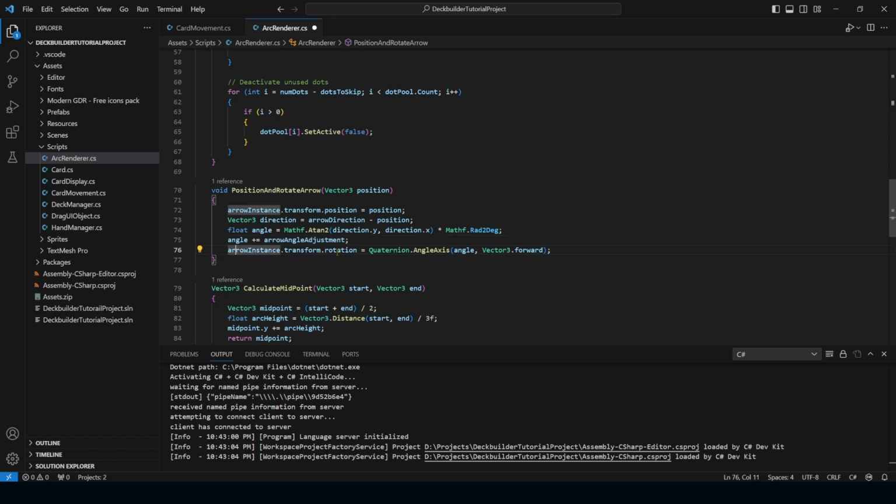And so then we take the rotation of our arrow instance, and then we do quaternion angle axis. What that does is it takes two inputs. The first is our angle, and the next is the axis we want to change. The way that this works is that any axis that has a 1, that's going to be the axis that we're changing on. And so we use vector3.forward,